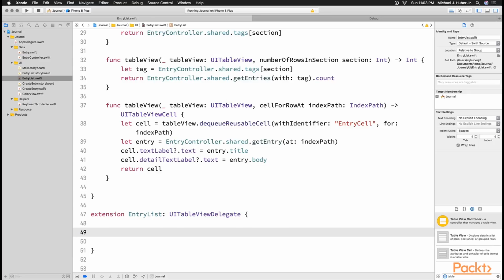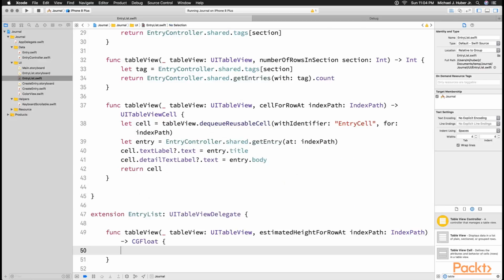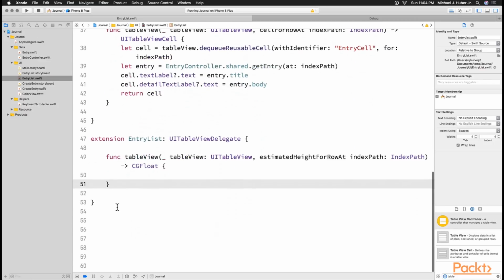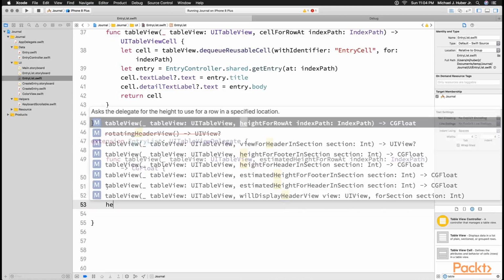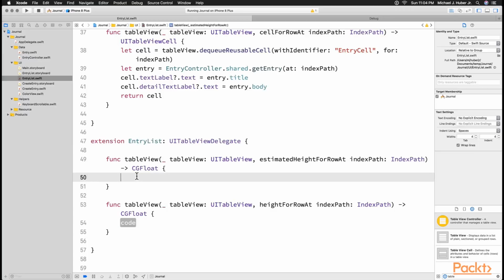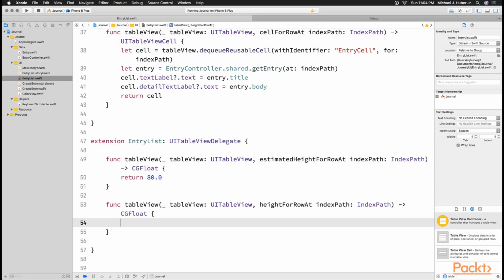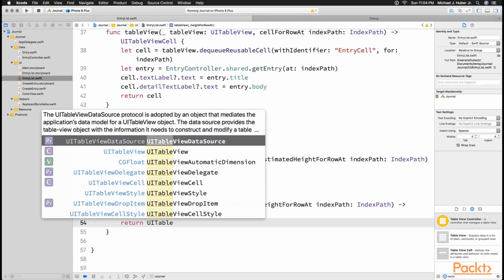Since we are dealing with the table view height, we will use the table view height delegate methods. One will be the estimated height for row at, and the other will be the height for row at. These two methods allow us to define a dynamic height by setting an estimated height for row at and the actual height. So if we set the estimated height to 80 points, we can then return a UITableView automatic dimension for